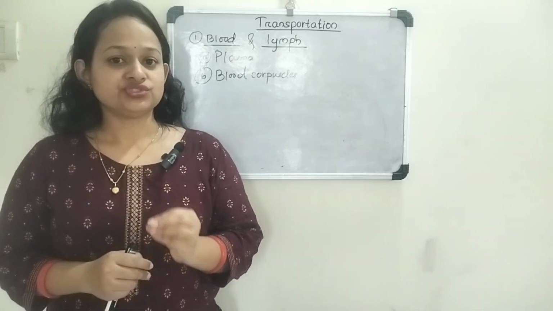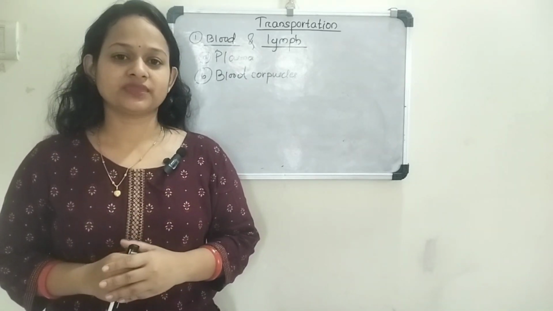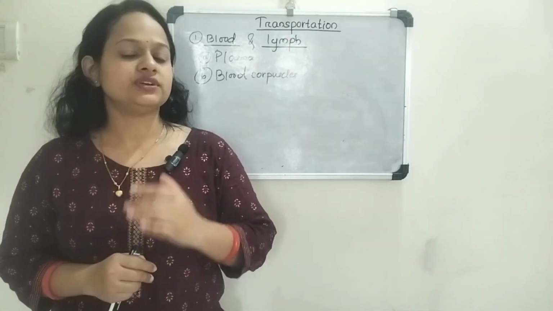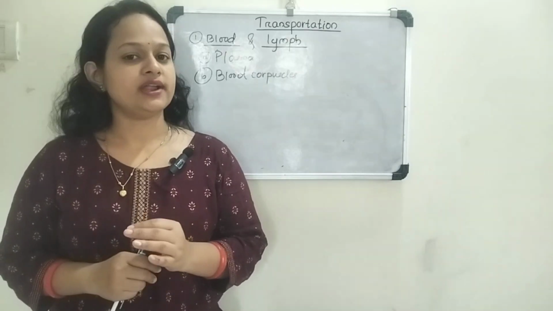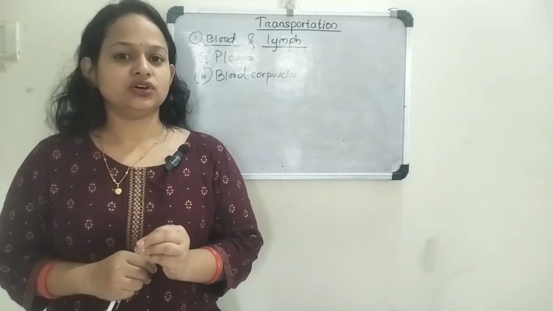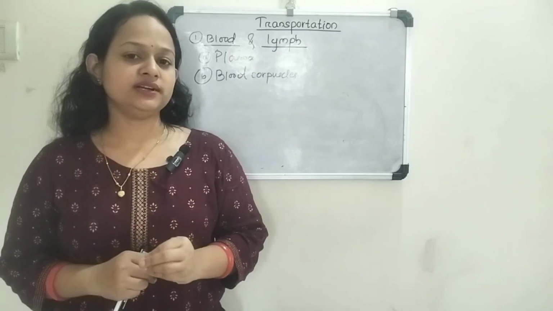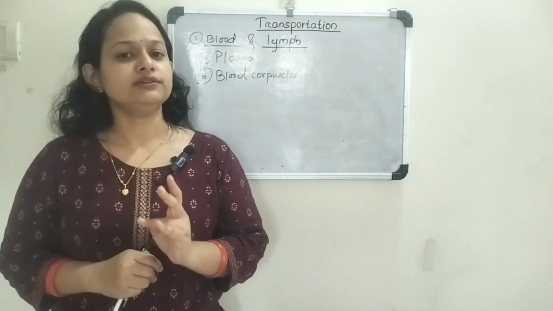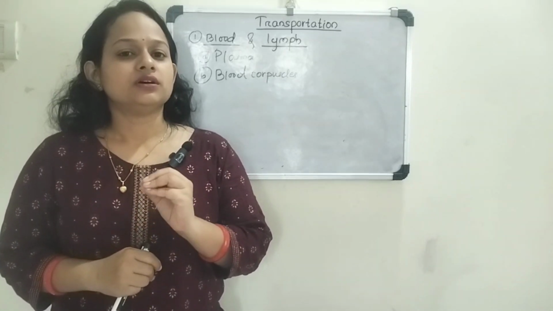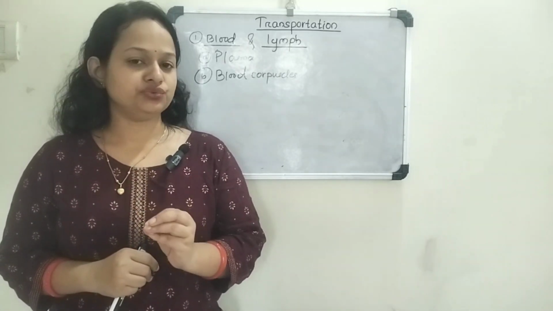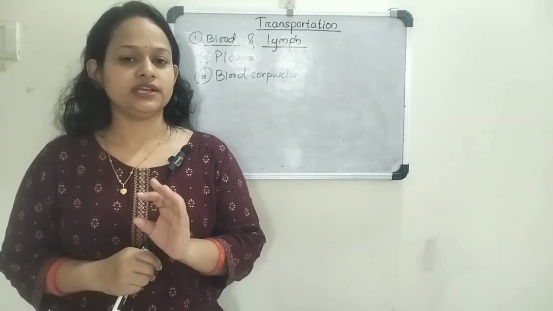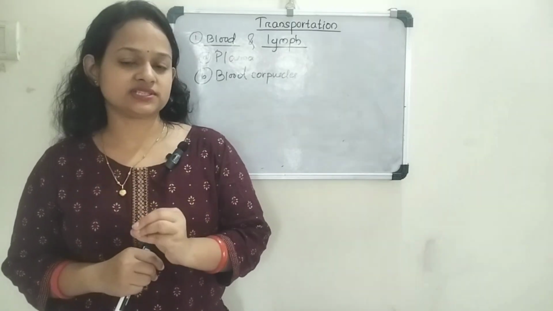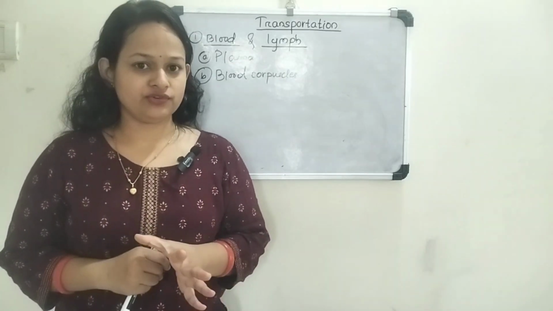The inorganic compounds it contains include the carbonates, bicarbonates, sulfates, and phosphates of calcium, potassium, magnesium, and sodium. The organic components are proteins like albumin, globulin, and fibrinogen, and it also contains some urea, uric acid, nutrients, and hormones. In the plasma, the blood corpuscles are present in a suspended form.